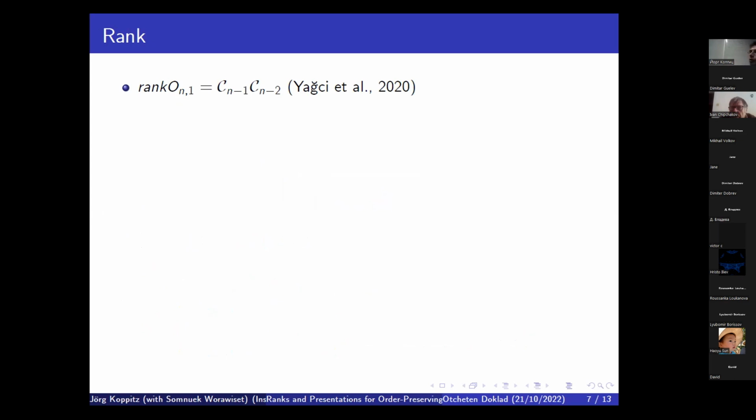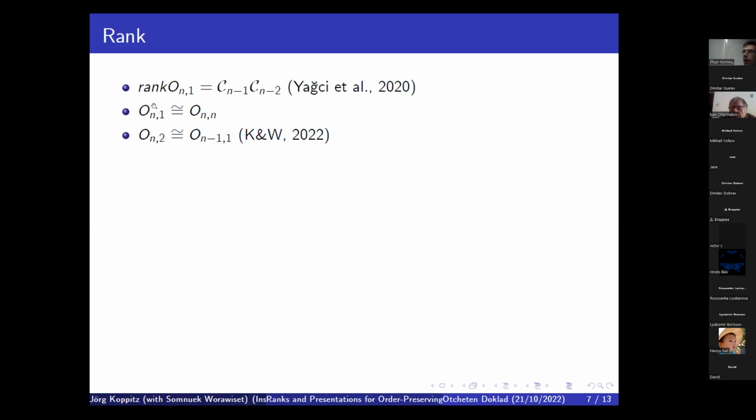now I want to recall an important result about the rank. The rank was the size of the minimal generating set, and the size of a minimal generating set of O and 1 is this product. This is a result from 2 years ago from Yakci, a Turkish mathematician. And it is easy to see